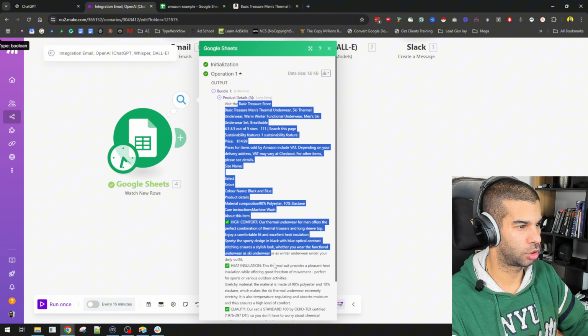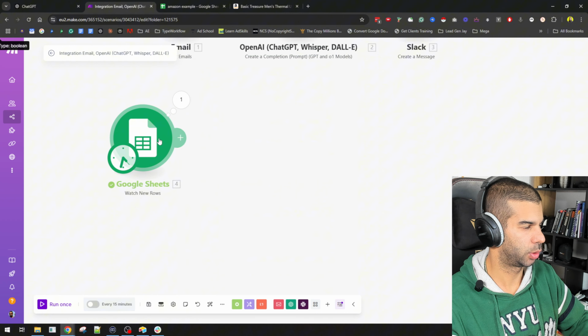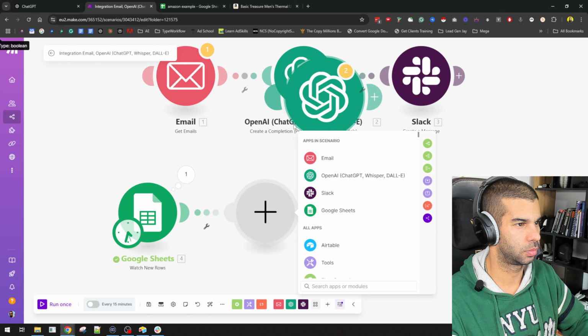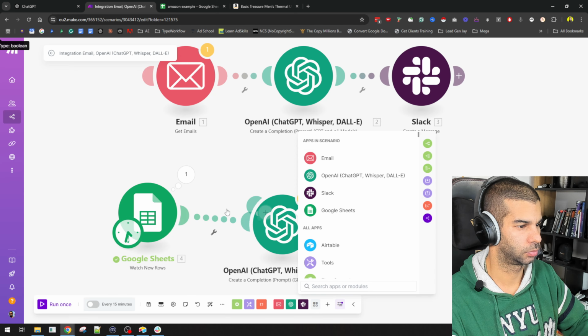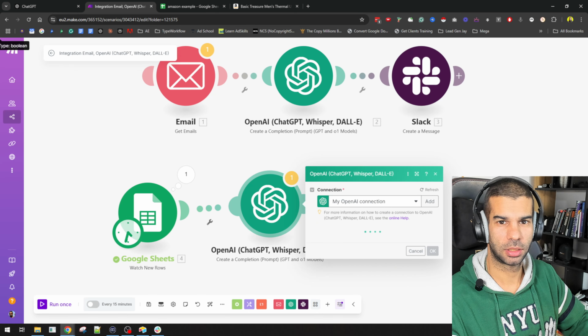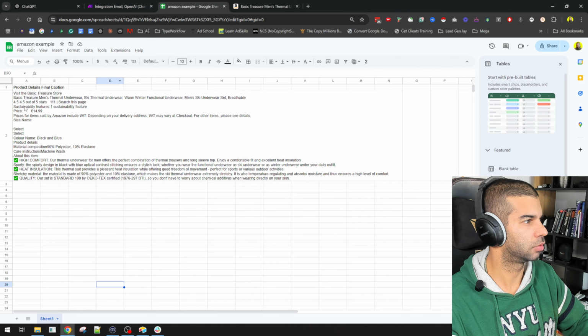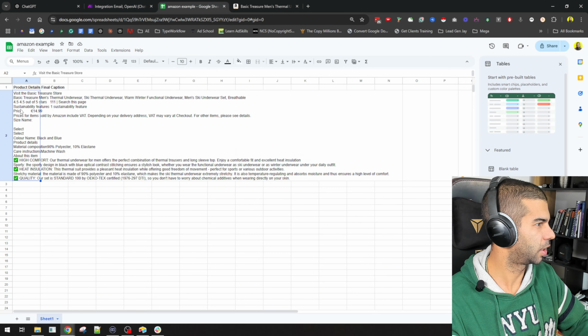And now we get the product details. Awesome. So when we have new rows, what we want is an OpenAI module. So I'm just going to clone this here. That transforms the product information right here into a final caption. And let's say we're going for